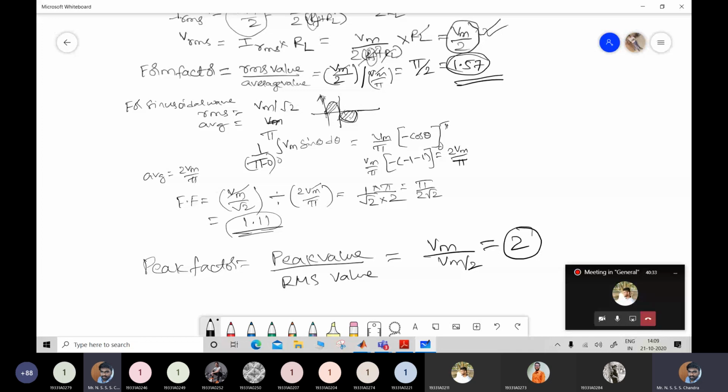Okay, so in your essay answer, you will be asked like this: explain the operation of a half wave rectifier, and then determine the following terms. You'll be asked what's the form factor, what's the peak factor, what is the RMS value, what's the average value, like that. So you need to first draw the circuit diagram. You have to explain the operation of the circuit with the help of your waveforms. You have to draw the waveforms, explain the waveforms, and then determine these terms. There are almost 7 to 8 terms, but in a given question they may ask you only 3 or 4 terms. Okay, as per the question you have to write the answer.